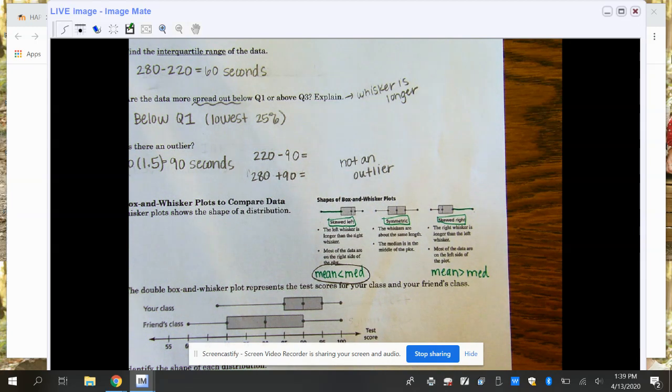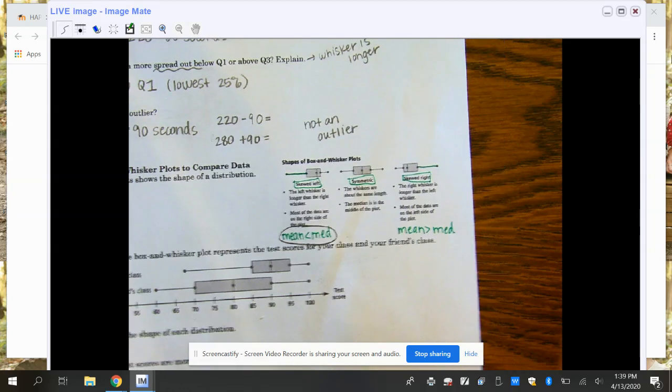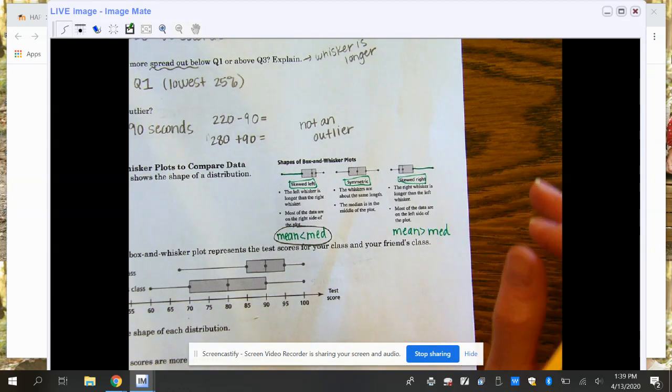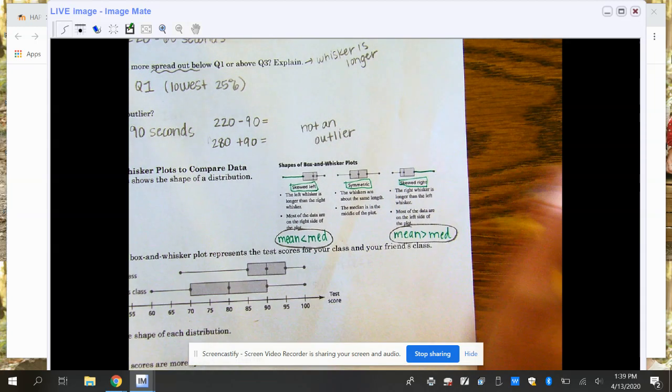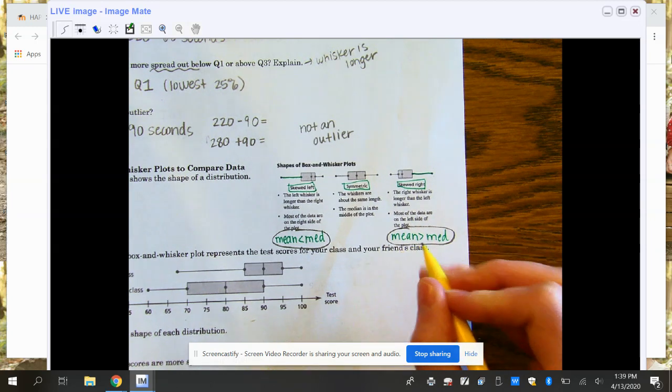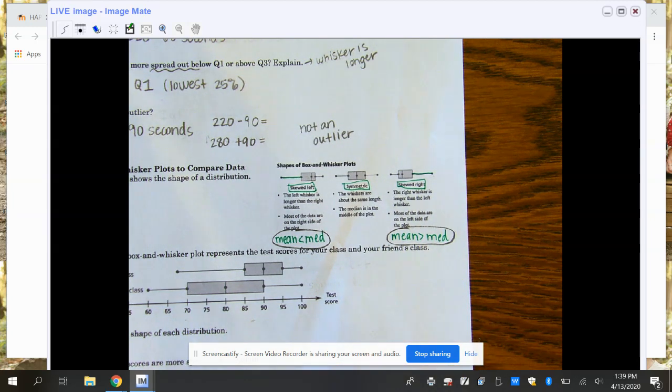So if you think back to that example from yesterday, like with the hourly wages at the amusement park, we kind of talked about that there when we had that one wage that was like $16.50 or something like that, and that made our mean a lot higher than most of the data. And we would say that that value is skewing the, I'm sorry if you just heard my son announce